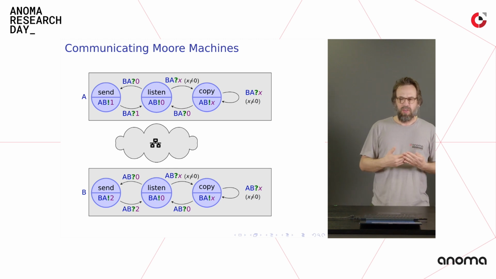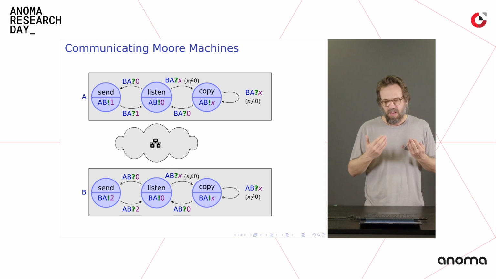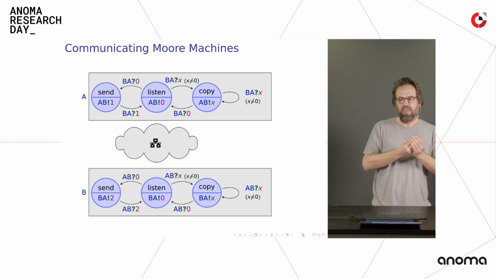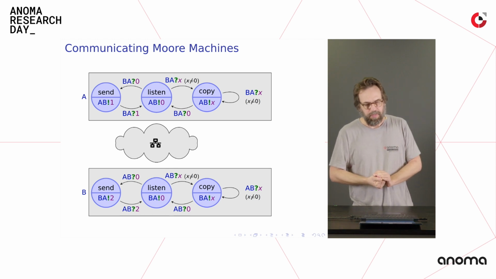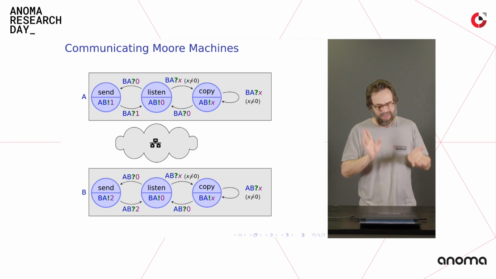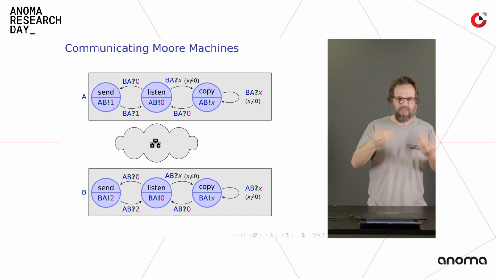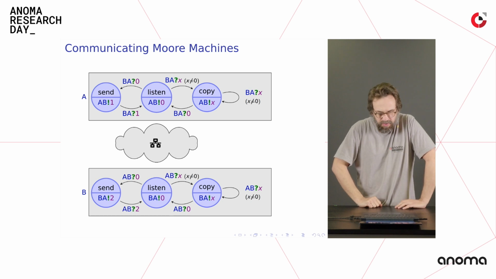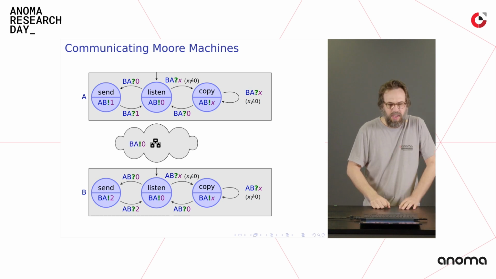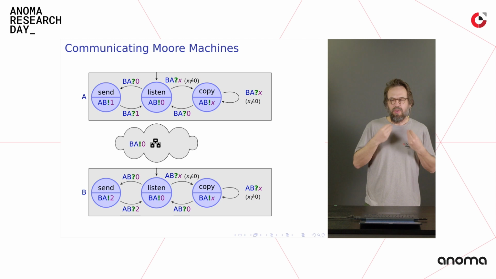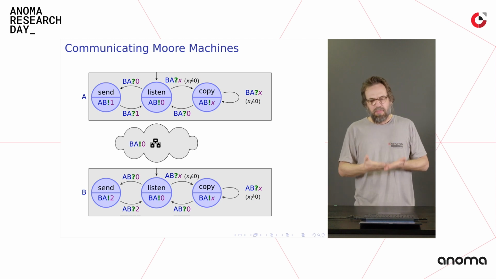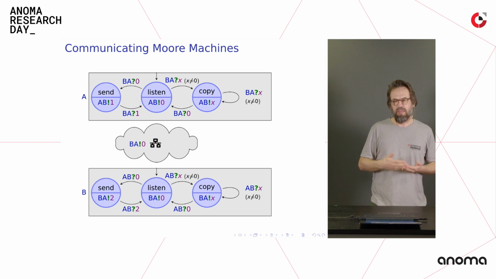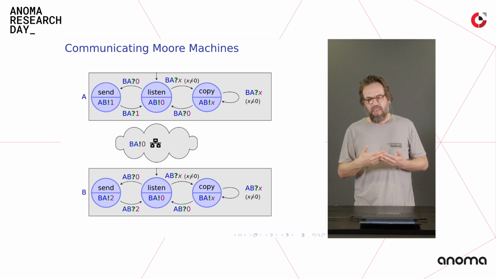For example, if you look upstairs at the listen state, if I receive a 0, I also get the information who has sent the 0 and that it was actually to me. That is a technical convenience. The question mark indicates I'm reading, and the exclamation mark, the bang, is the sending. So, for example, if we put this token into the network saying that B is done with sending,